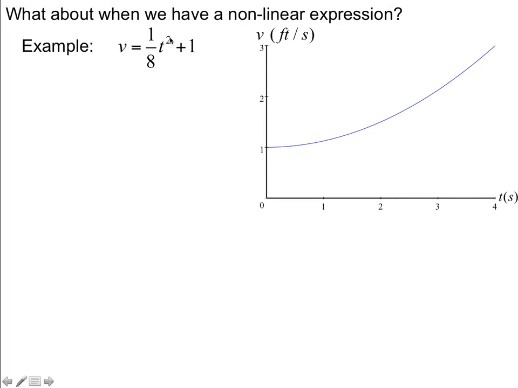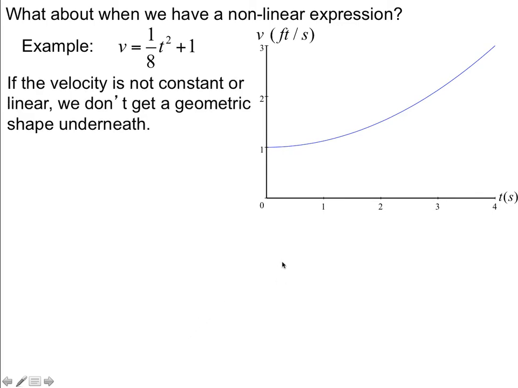For example, here's a velocity. It's 1/8 t squared plus 1. So it has an intercept of 1. There's my intercept. And then after a second, I'm going an eighth foot per second faster. After 2 seconds, if I put 2 in here, that's 4. I'm going a half foot per second faster. So we have this quadratic relationship here. And so if we look at the area underneath that,